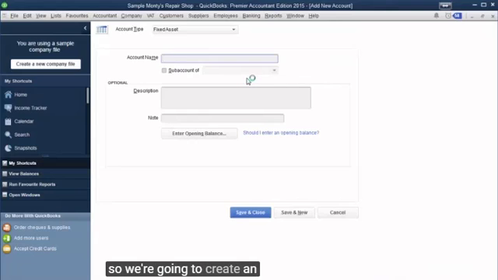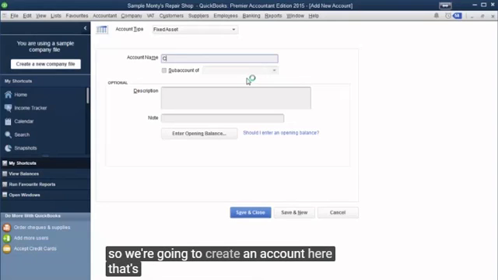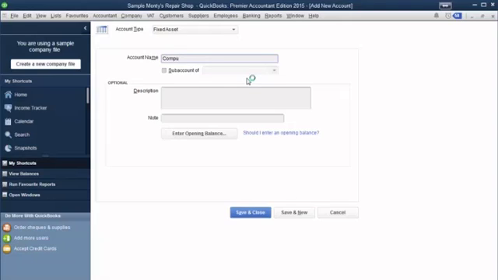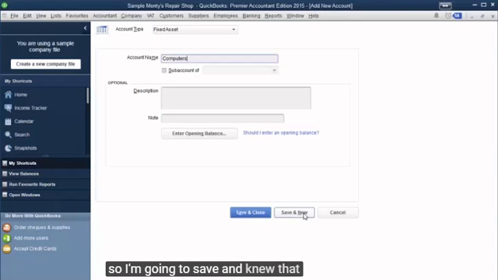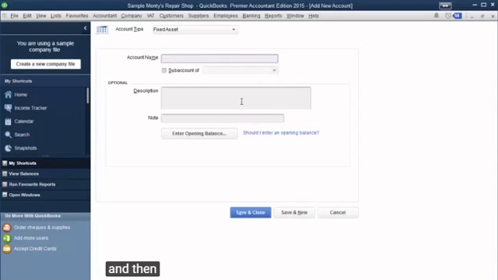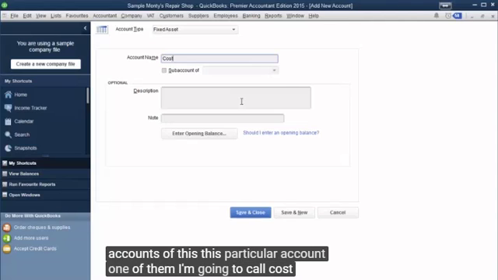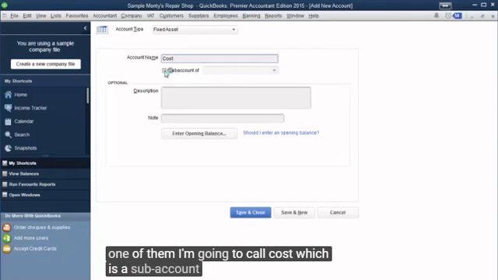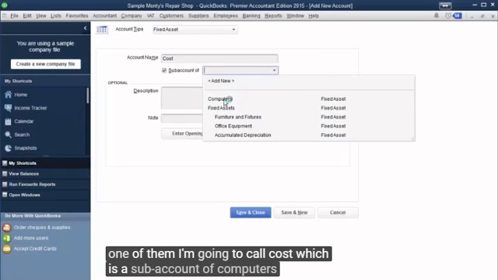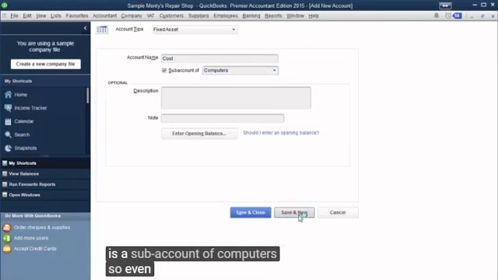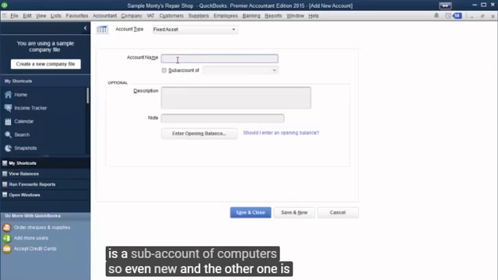So we're going to create an account here that's called computers. I'm going to save and new that, and then I'm going to create two sub-accounts of this particular account. One of them I'm going to call cost, which is a sub-account of computers. Save and new, and the other one is called